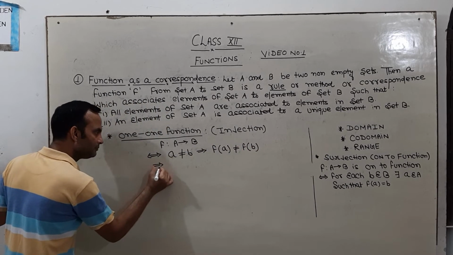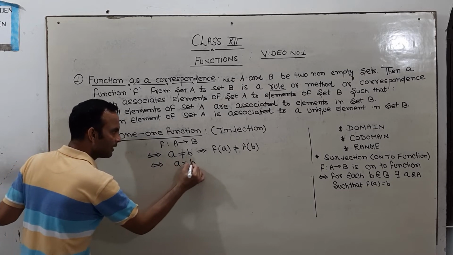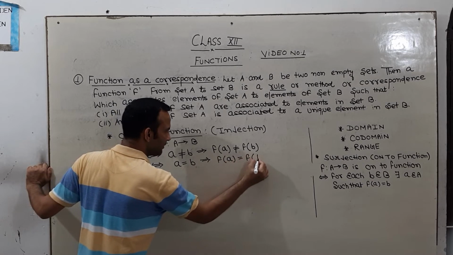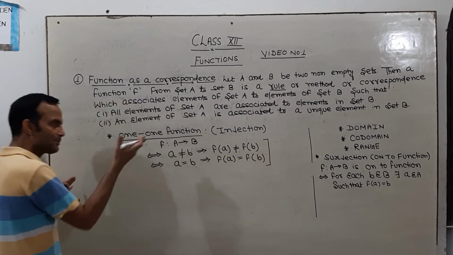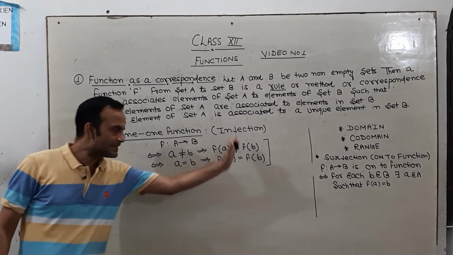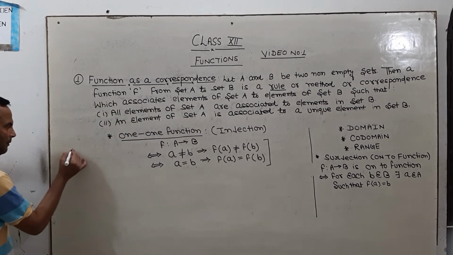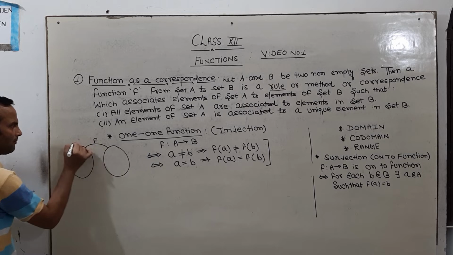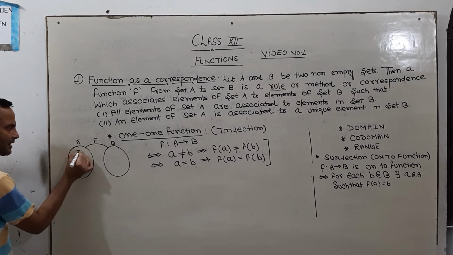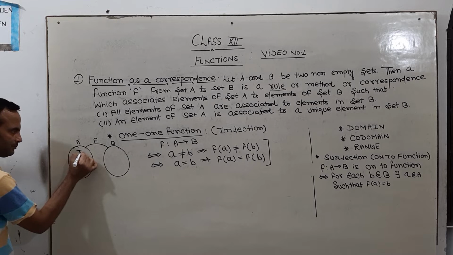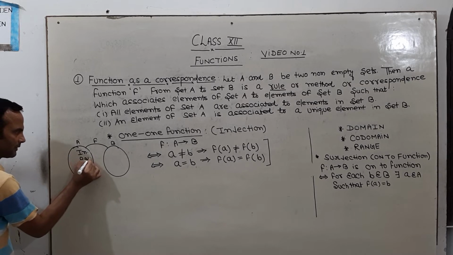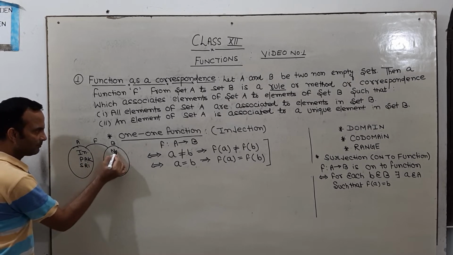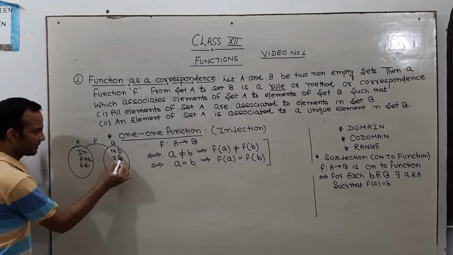If and only if A is equal to B implies that f(A) is equal to f(B). Now dear students, I am going to explain this concept. What is the meaning of this concept? See here. My dear students, let us suppose that these are the 2 sets and this is a function from A to B. Here you can see once again I am taking the same example: India, Pakistan, Sri Lanka. Here New Delhi, Pakistan Islamabad, Sri Lanka Colombo.